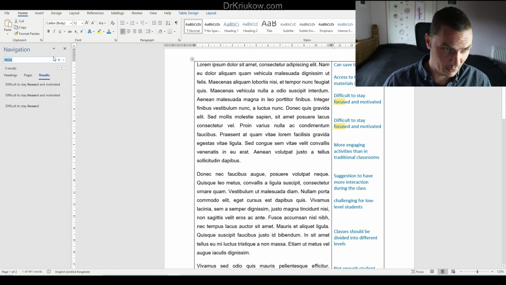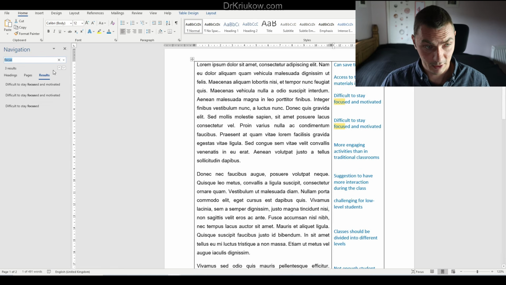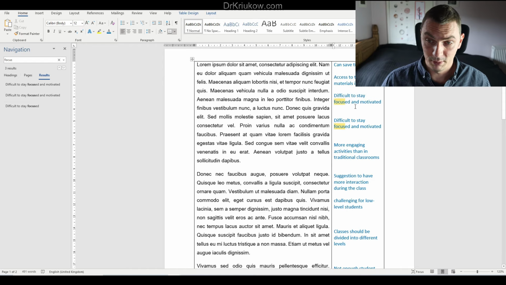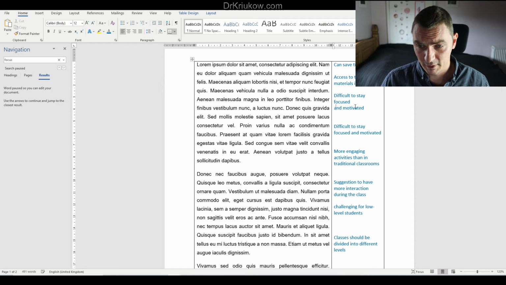So if I have anything about focus, I can see that I do have something about being focused. So again, difficult to stay focused and motivated. I definitely want to keep difficult to stay focused because I decided this is going to be the name of this code. But motivated is a different thing, so maybe affected motivation or something. Remember, this is just an example. It depends what this actual transcript would be talking about. So affected motivation is going to be